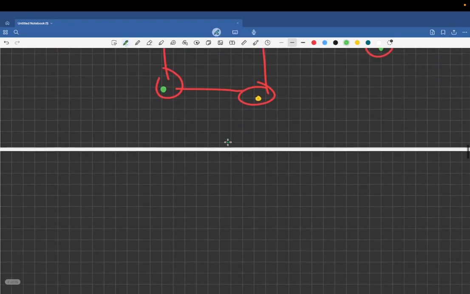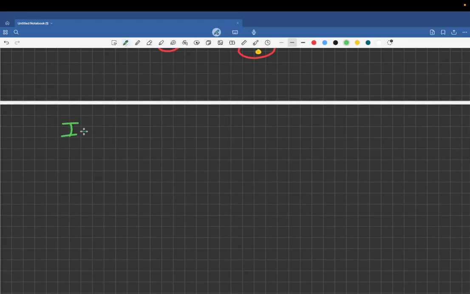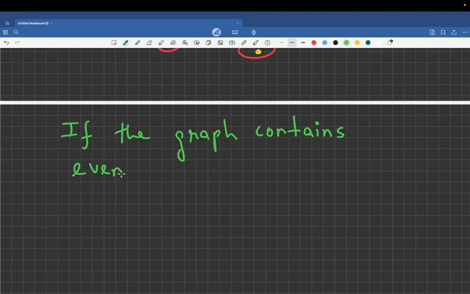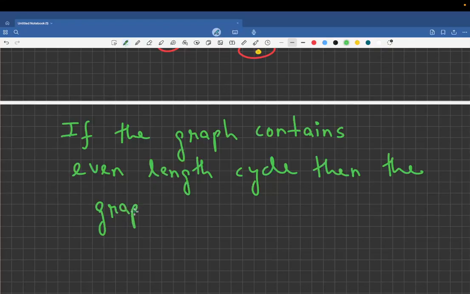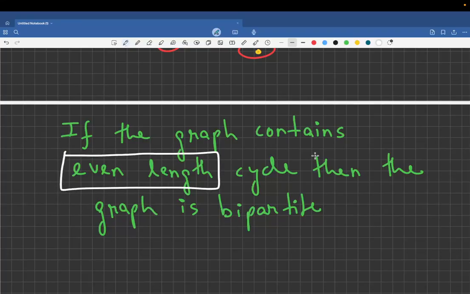The main logic over here is that if the graph contains an even length cycle, then we can clearly say that the graph is bipartite.